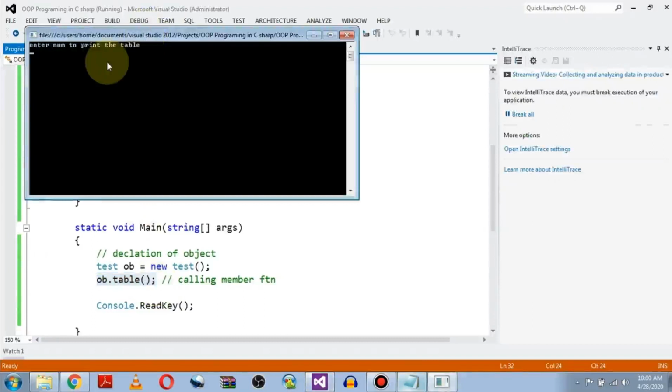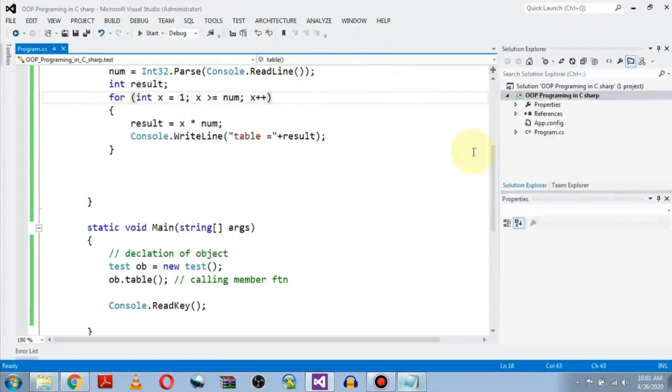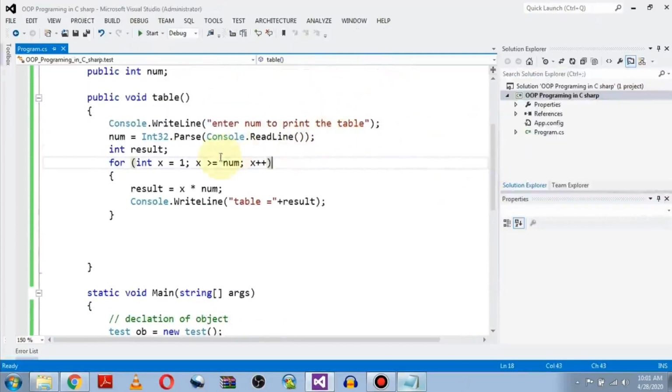First, enter a number to print the table. Let's say we give 3. We have made some error. Let me check. We have an exception error. Oh, sorry. We used the greater than sign, which should be the less than sign, because 1 is greater than the number; the number was 3, so the loop was unable to complete. Let me change the operator to the less than operator.